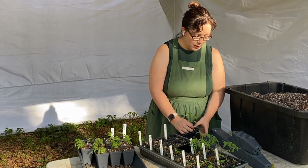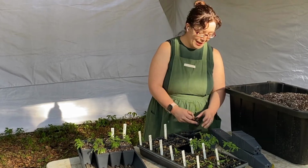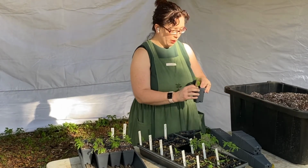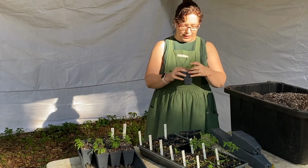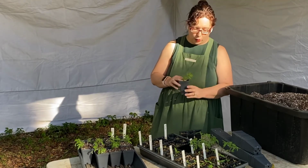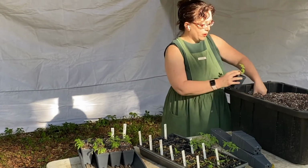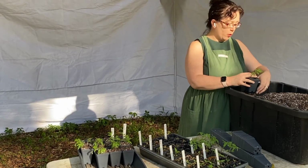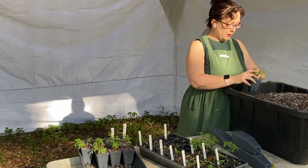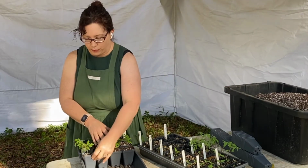And so I have to be very, very careful. Like I said, I want to make sure that I'm not damaging these stems or root balls as I'm pulling these up. And I actually just watered them before I started this so that the soil holds together a little bit better. And sometimes when the soil's wet, it doesn't want to come out of that cell quite as nicely. But I also want to make sure that my seedlings are not getting too stressed as part of the transplanting